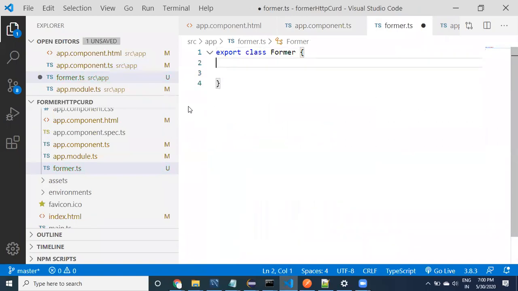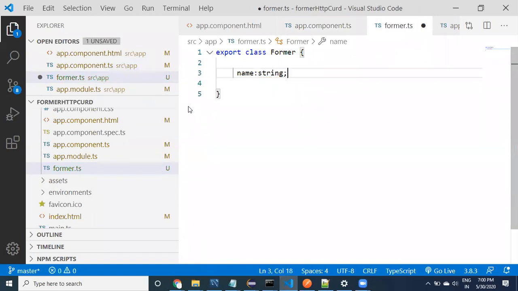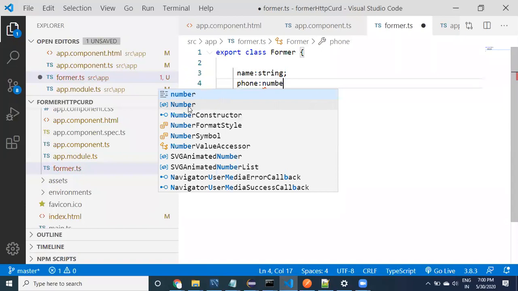Now, what are the properties available for this farmer? Name, which may be the string data type. Then phone number.